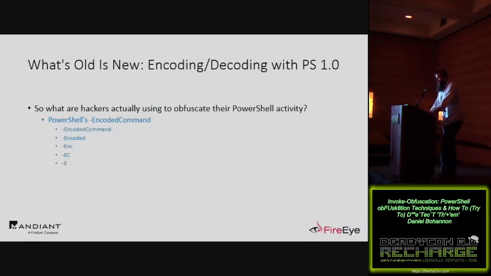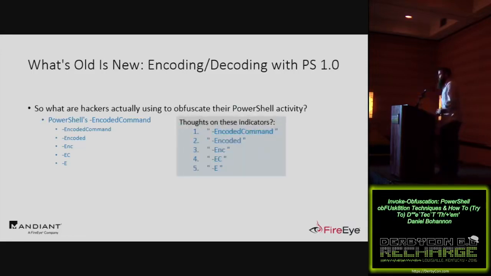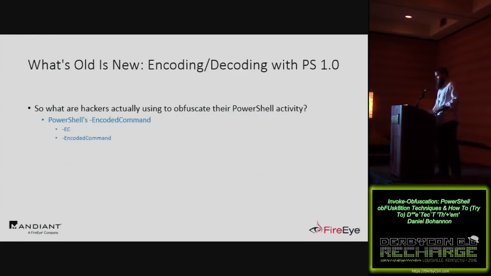So let's look at encoded command. Typically, this is what we see: encoded command, encoded, ENC, EC. So if we had this as a trigger, would we be good? Would we catch every instance of encoded command? I'm not even talking about .NET, just literally PowerShell's encoded command. So this is what PowerShell gives us. They give us the full encoded command, and they give us EC. And they also give us encoded command,